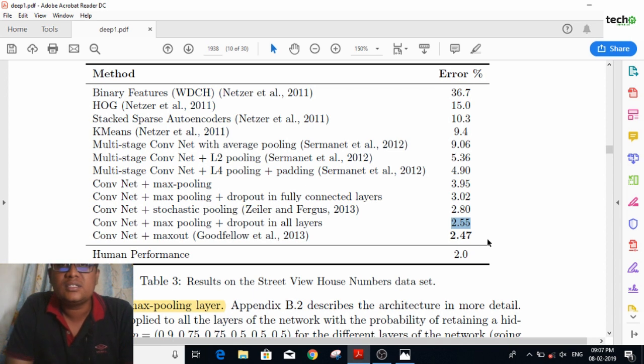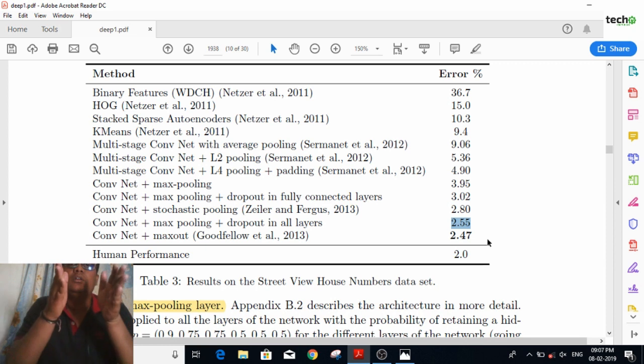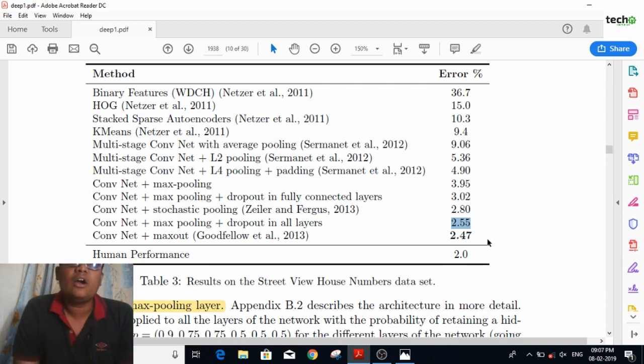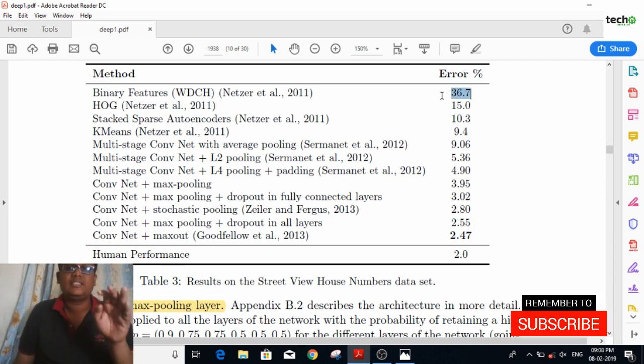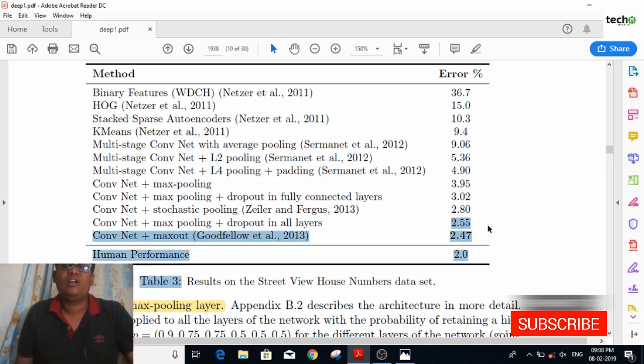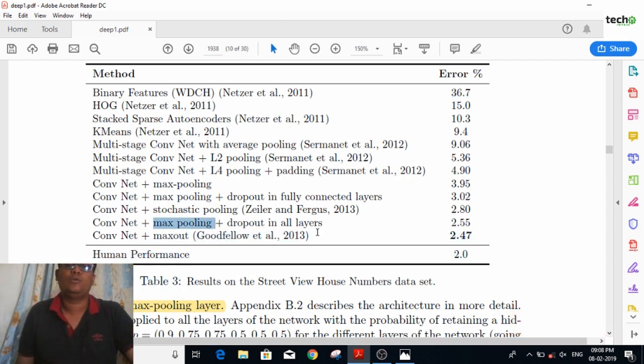Max pooling is where we calculate the maximum number in a 3 cross 3 matrix. We can use 3 cross 3, 5 cross 5, anything is feasible, but preferably we go for a 3 cross 3 matrix. In the 3 cross 3 matrix, the maximum number is just propagated to the next layer. By making use of all those layers or functions, they achieved an error rate of 2.55. You can see here that it has been reduced from 3.6 to 2.55 by including all this max pooling,